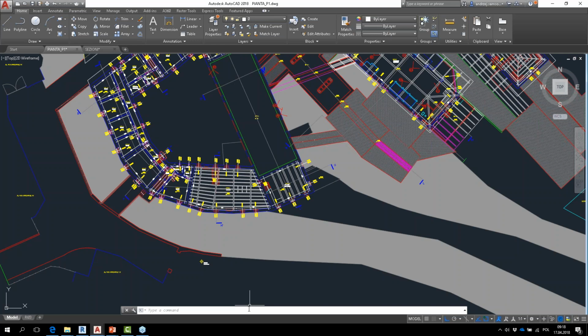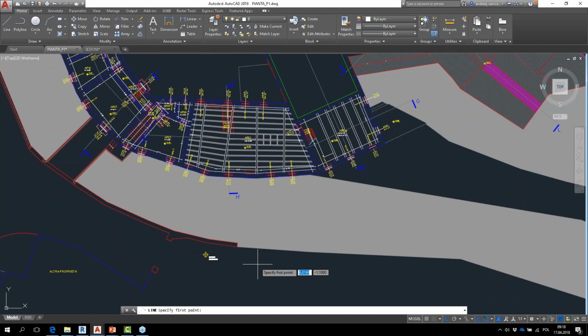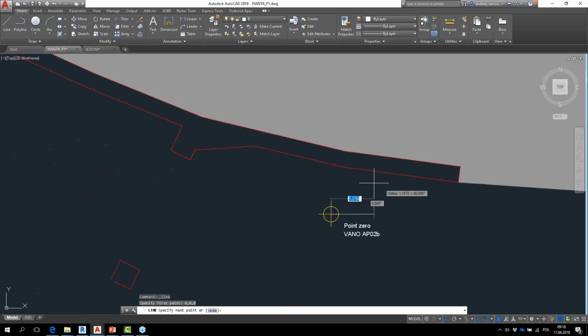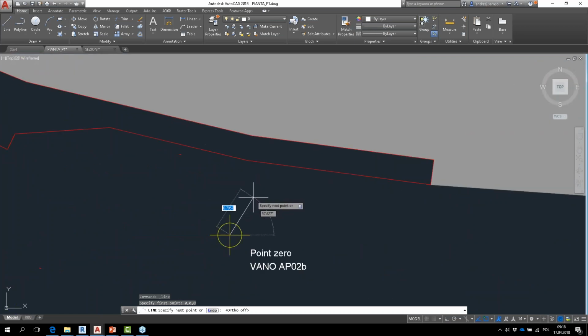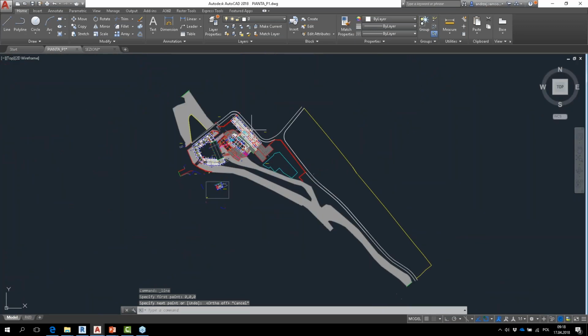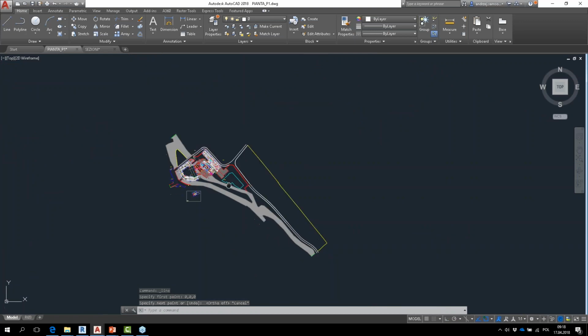Both software, Revit and AutoCAD, or any other CAD software, not necessarily AutoCAD, they all have some coordinate systems. And if I look for my coordinate system in AutoCAD, 0, 0, 0, this point here is 0, 0. And now how to position this automatically into Revit, and again how to take this file and put it